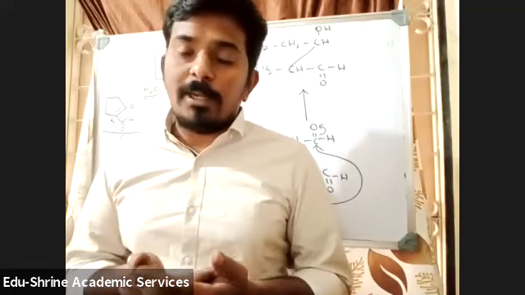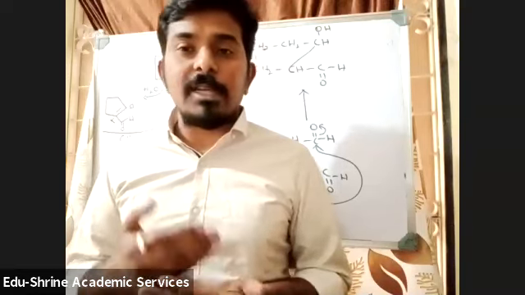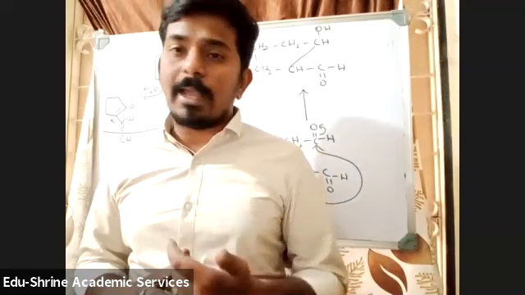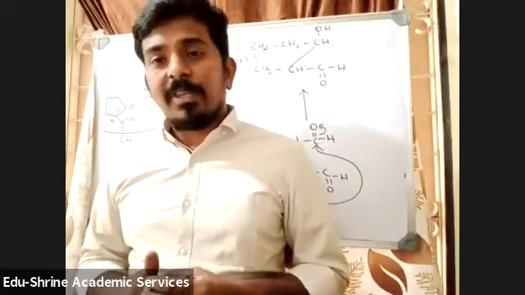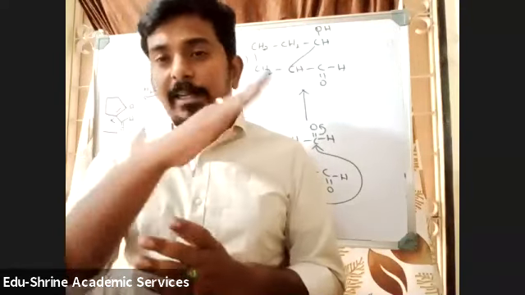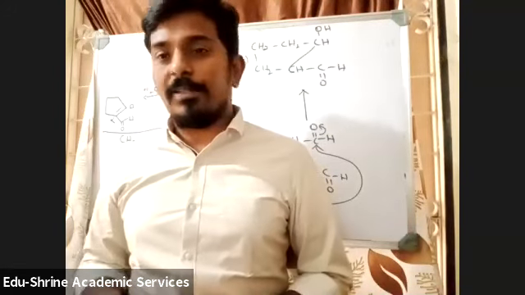And if there is one aldehyde and one compound containing alpha hydrogens, with the other not containing any alpha hydrogens, you will get one product in very high yield. And the last one is intramolecular aldol condensation. If aldehydes or ketones are present within the molecule, then ring-type compounds will be formed. That is called intramolecular aldol condensation.